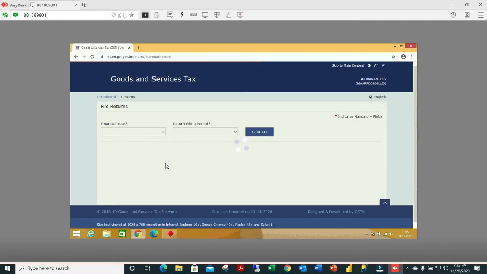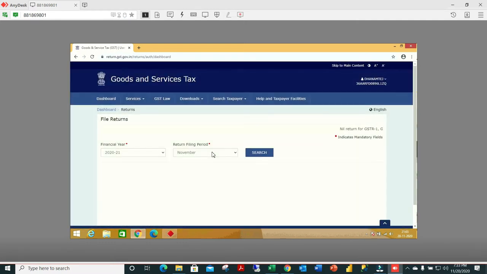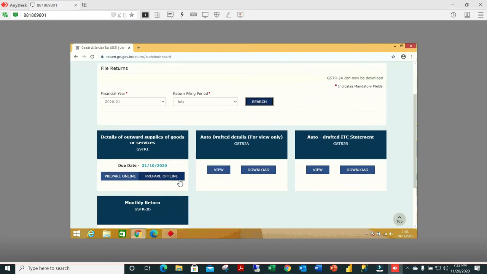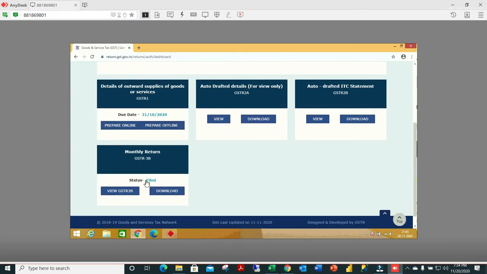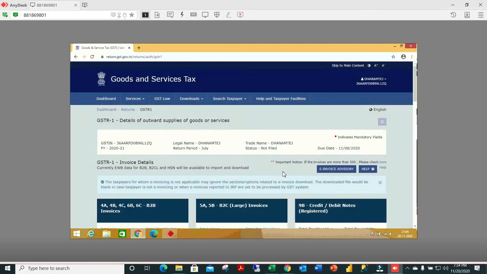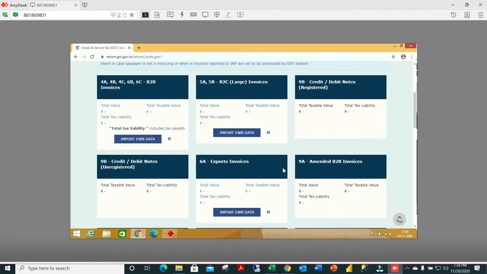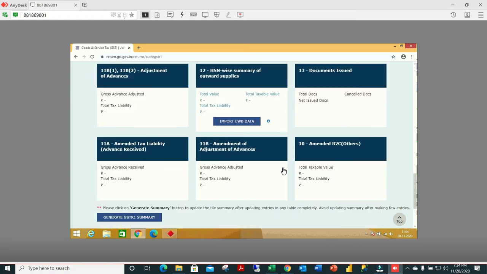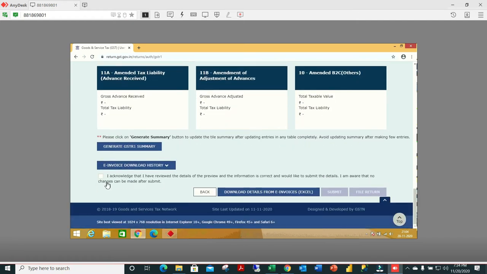Once you land on the GST return page, it will show for the financial year which months we can file. So we'll start with July. Since I am living abroad, I will try to show you the live status of my GST portal account so that you will understand better. Let's go to prepare GSTR1. Basically for a GST return we need to file two forms, that is GSTR1 and GSTR3B. So once you go to GSTR1,